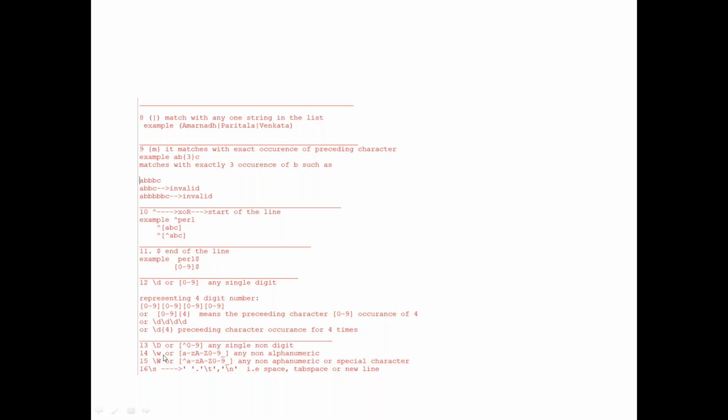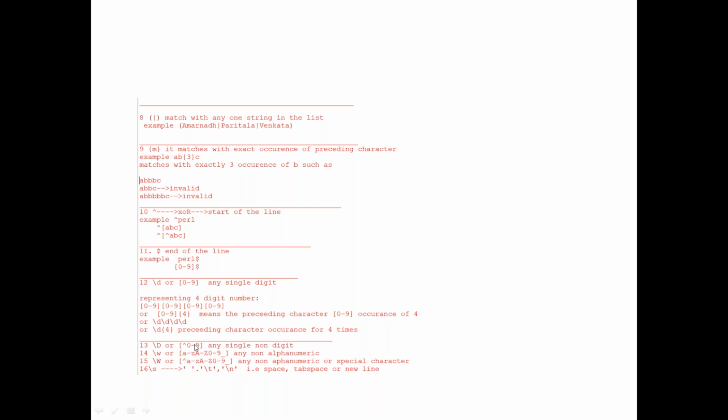Then \w: if you use small \w, it means any alphanumeric character and underscore also. \d is for a digit, capital \D is a non-digit. Capital \W means any non-alphanumeric or special character. And \s stands for a space, tab, or a new line.